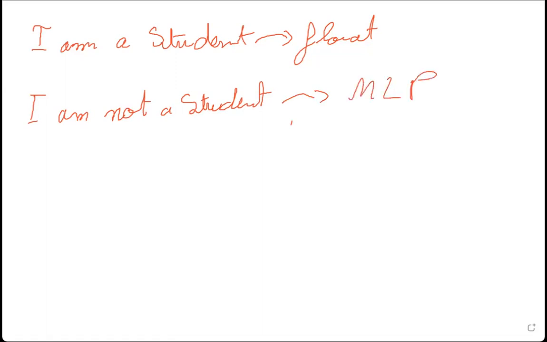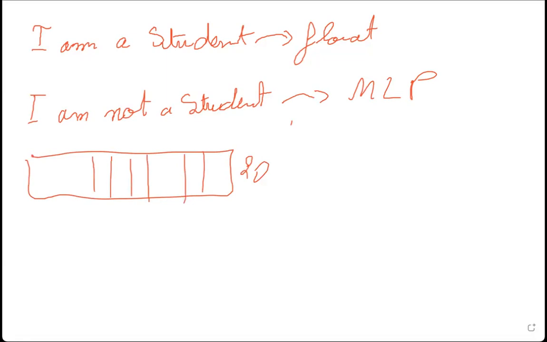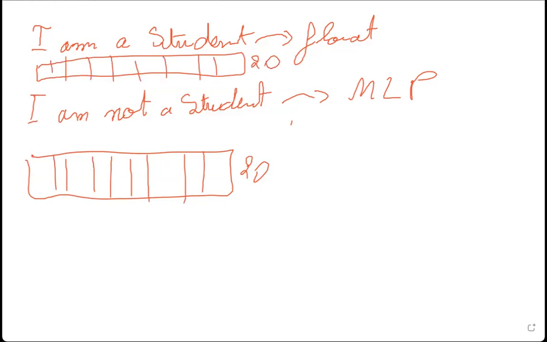Our embeddings should be able to represent this sentence in, let's say, 20 features, and this sentence also in 20 features. So hopefully our embeddings should satisfy the third condition, which is same